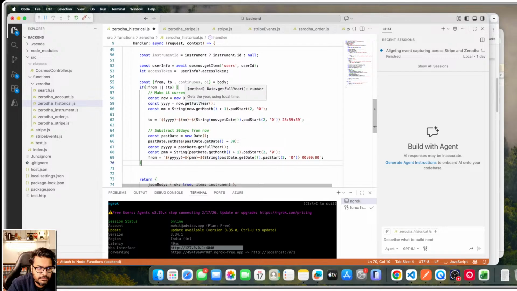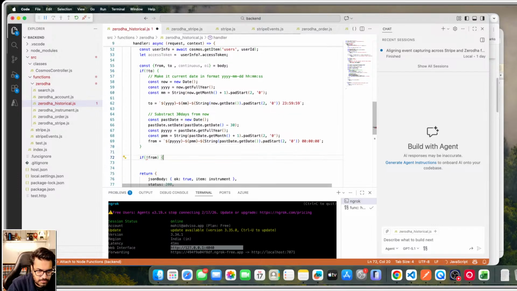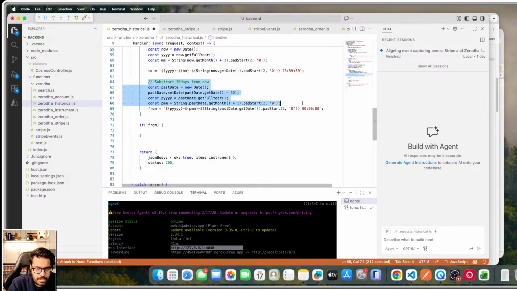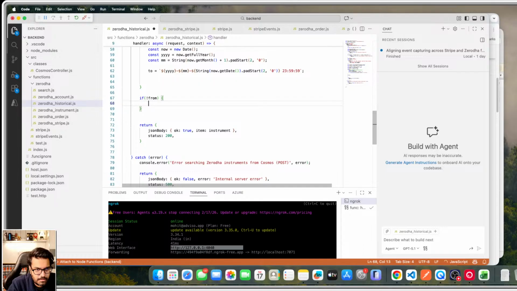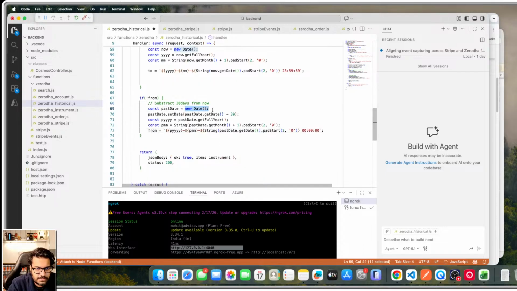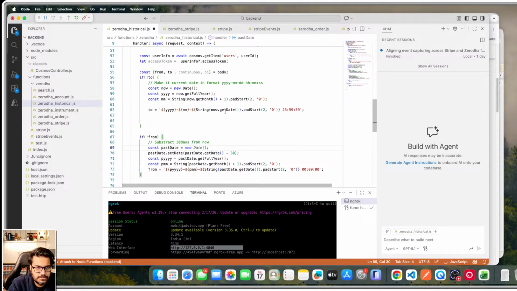Now see if your to is this, past date is equal to date. Now I want, if there is no to, and if there is no from, then past date is equal to this, or otherwise we'll take the current date,